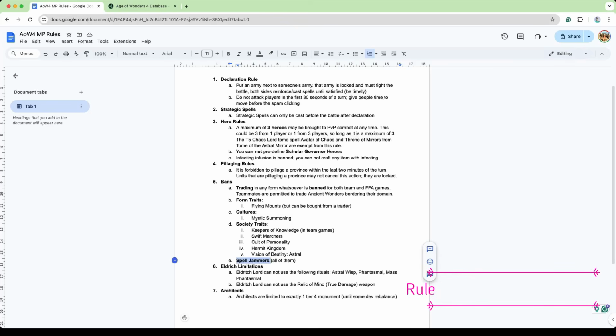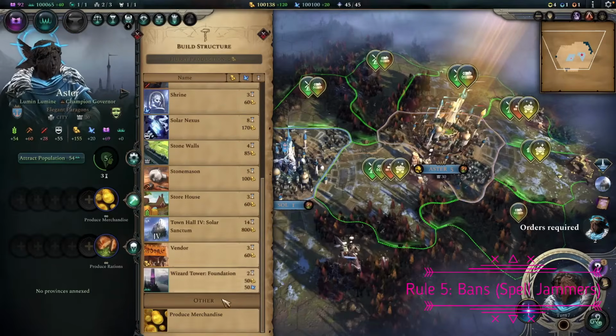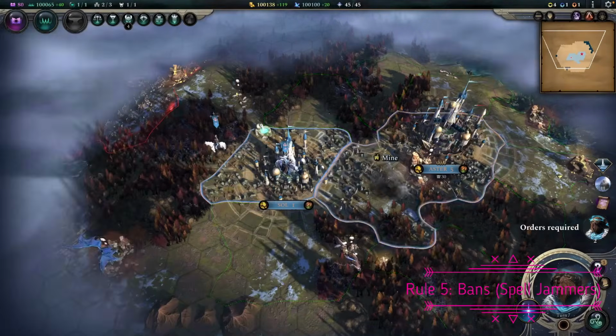One more full ban is Spelljammers. They're not fun. In vanilla, they are too strong. They don't allow you to cast global spells, which is fine, but as well, they affect your combats. Let's actually look at them. For Spelljammer, we need a tier 3 city, and at least...